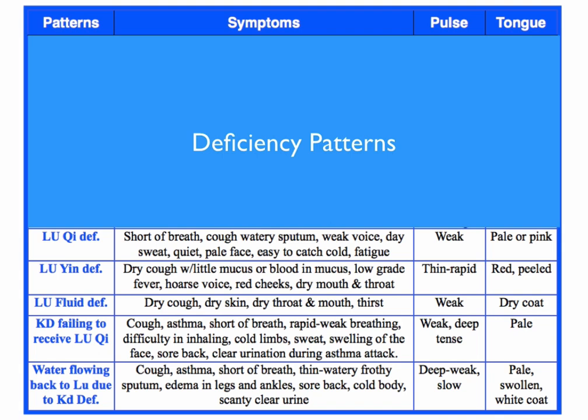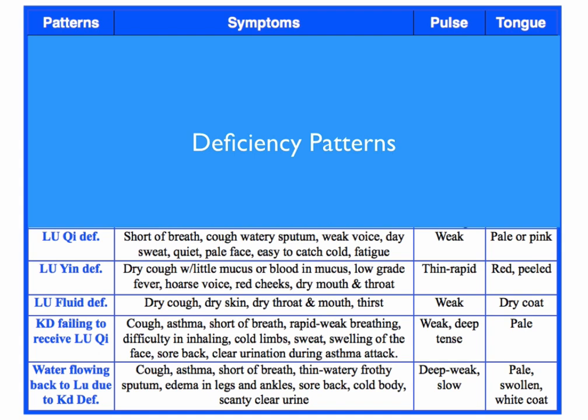So the pulse is weak on both the lung area and the kidney area on the right side, so front and back, deep, deep, deep on the kidney position, and very tense because there is cold in the body now. The tongue is pale at this stage because it's a qi deficiency, but eventually it might swell and have a bit of a wet coat if it turns into a yang deficiency. Because there's always a degree, right, and a progression to everything. So obviously we don't want to progress to the bad side. We want to regress, or go back to not being sick.